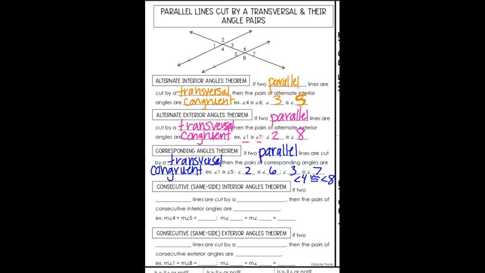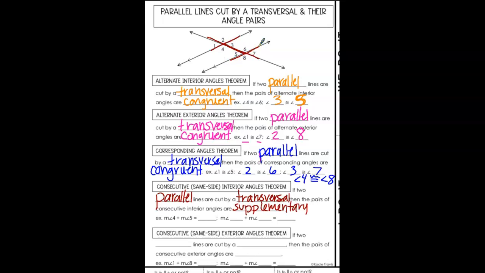All right, for the consecutive same side interior angles theorem, if two parallel lines are cut by a transversal, then the pairs of consecutive interior angles are supplementary. And if you remember, supplementary means that they're equal to 180. Okay, so if we have our transversal line and we have our inside angles,